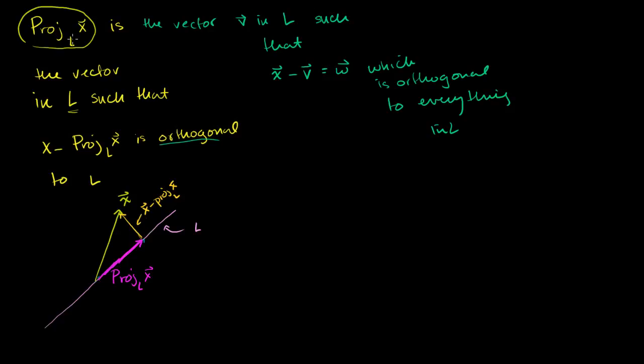Instead of just leaving it as the projection of x onto L, I said, hey, that's some vector v in L. So this is some vector v in L such that x minus v is equal to some other vector w, which is orthogonal to everything in L. Or we could rewrite that statement as x is equal to v plus w. So we could just say that the projection of x onto L is the unique vector v in L such that x is equal to v plus w, where w is a unique vector in the orthogonal complement of L, right? This has got to be orthogonal to everything in L. So that's going to be a member of the orthogonal complement of L. So this definition is actually completely consistent with our new subspace definition,